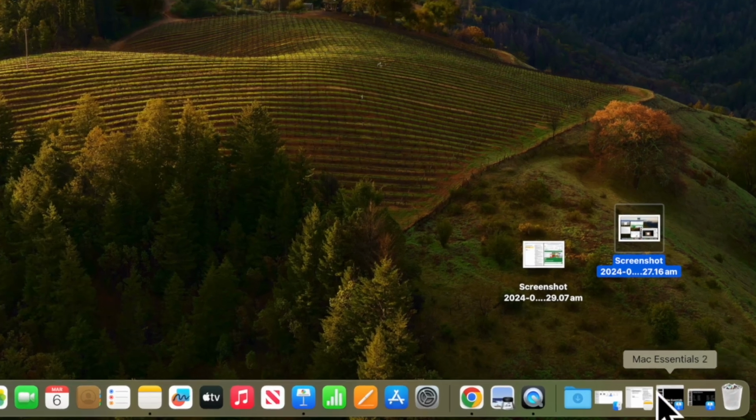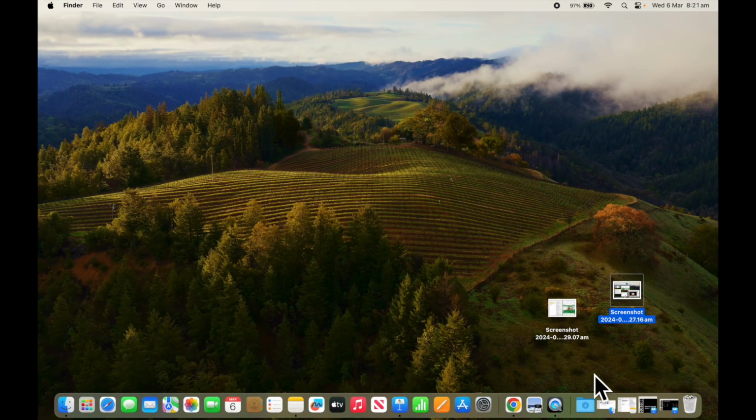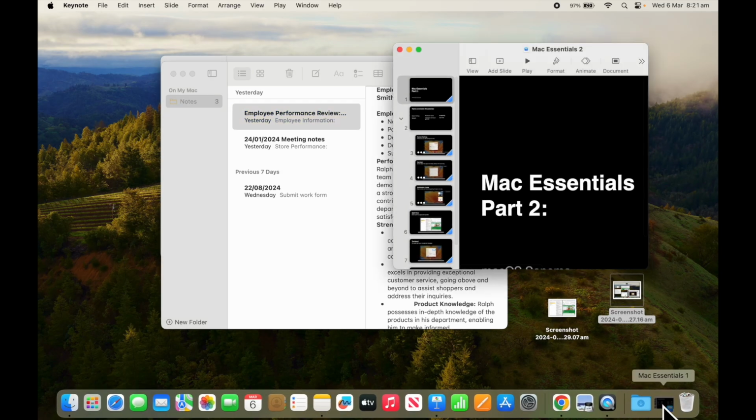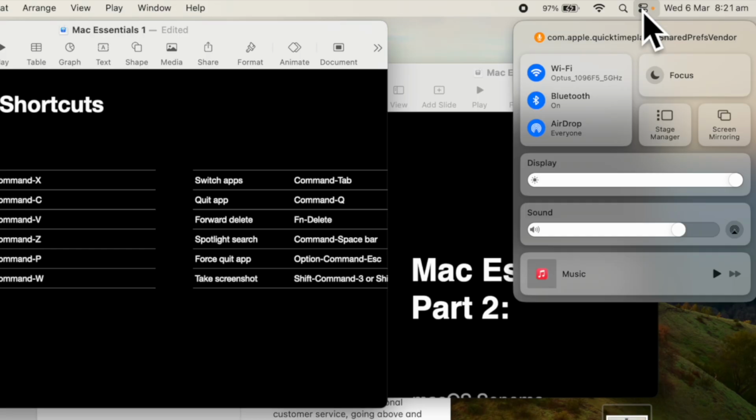And you can see it's going down the bottom. Now I can turn on Stage Manager, which we'll go through now, that will actually place those in some other places depending on how you best like to work. So if I open them up again, just by tapping them, and I go up to my control center